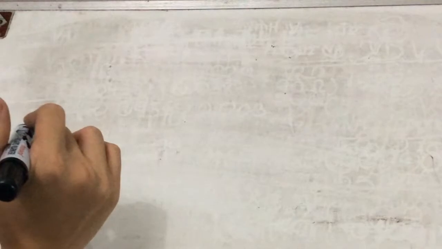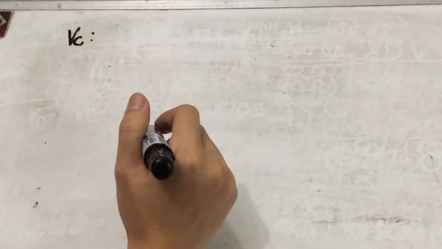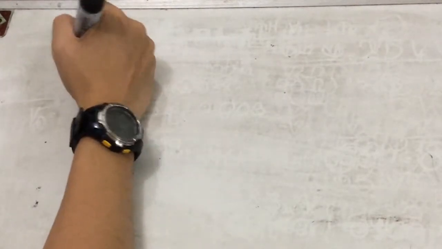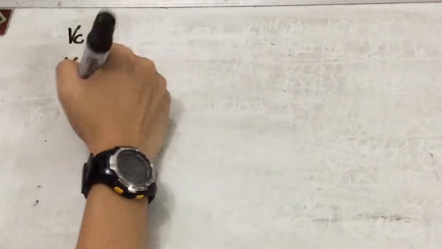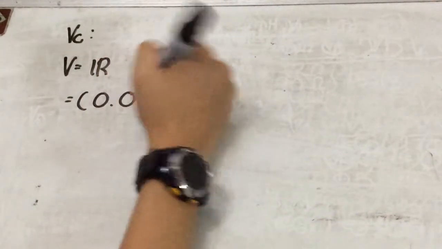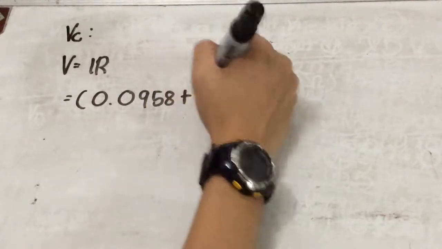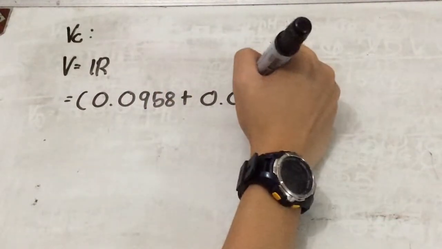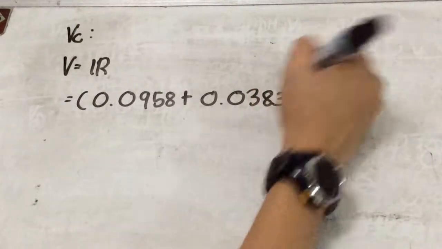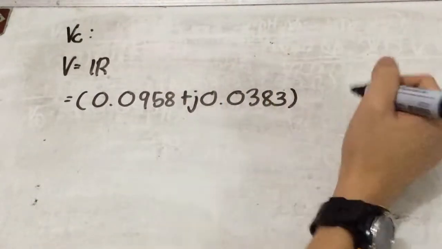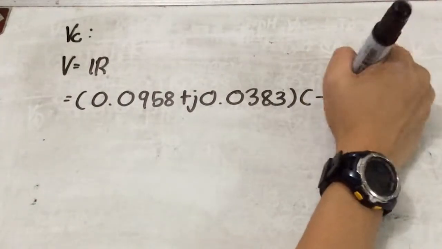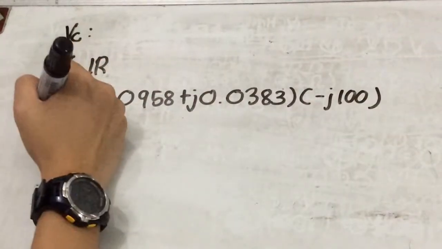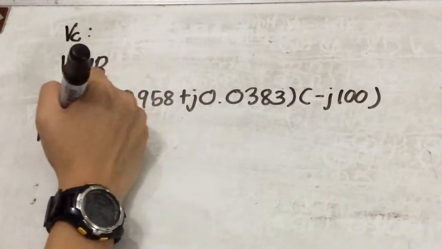So lastly, we will now compute for the voltage drop in the capacitor. So again, remember Ohm's law. Substitute all the values, we will have I1 multiplied by the impedance of the capacitor, which is negative 100j. So the voltage drop in the capacitor is equal to